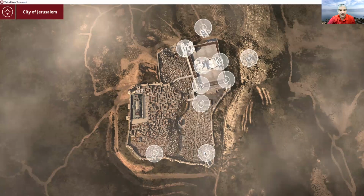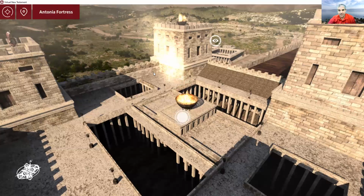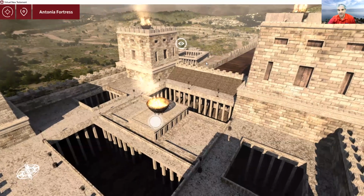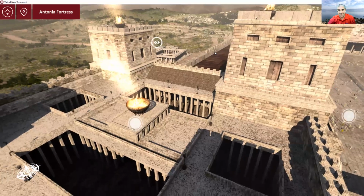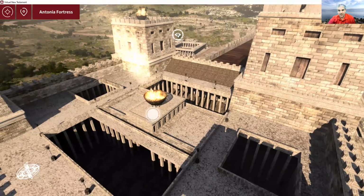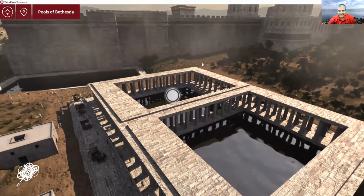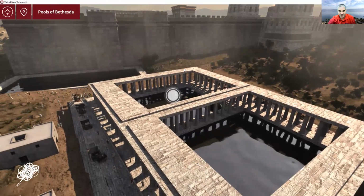So I hope this was helpful for you. For the church, I just want to show you again. Let's say we are now looking from the Temple Mount, from the Antonia. We are right now on the Antonia. This right here is the pool of Bethesda. The main gate would have been here in this model. For some reason I don't know why the gate is not here, but there should be a gate here,